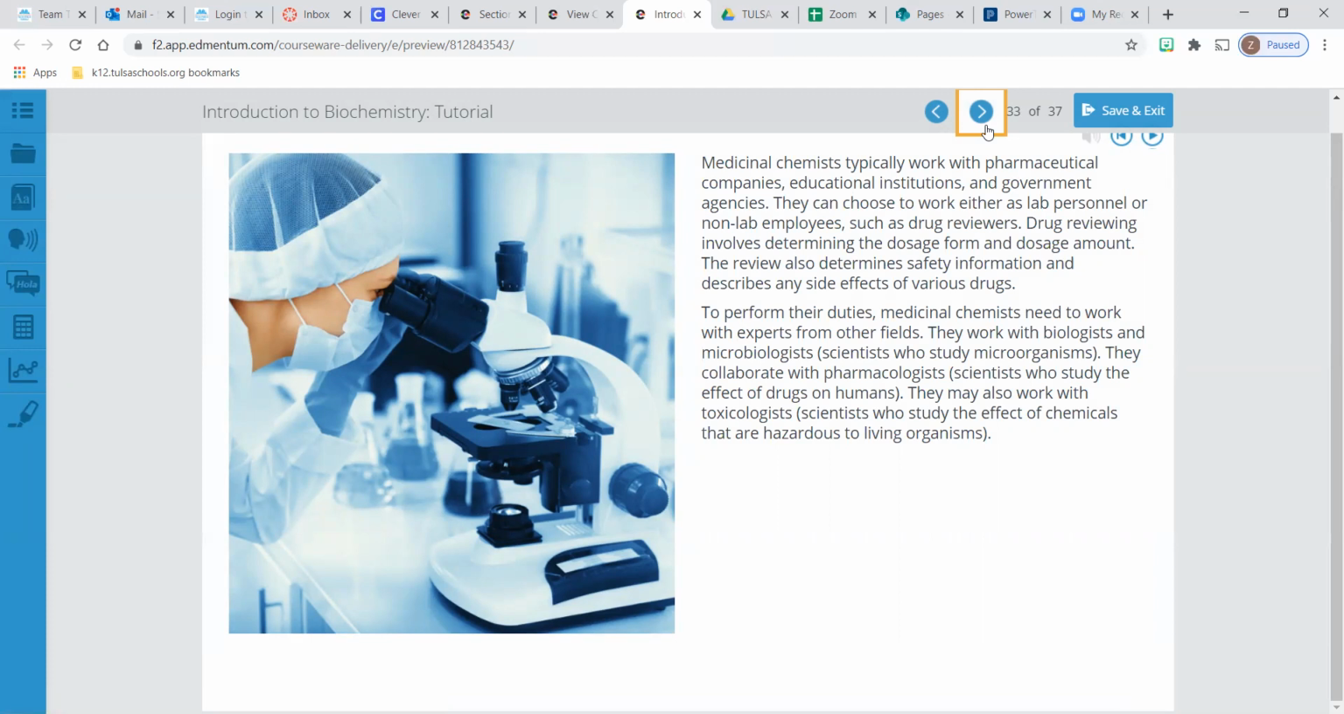Medicinal chemists typically work with pharmaceutical companies, educational institutions, and government agencies. They can work in labs with lab personnel, or they can work with non-lab employees, such as drug reviewers. Drug reviewing involves determining how much of a drug is necessary and effective. Usually you want to use the least amount of drugs possible to fix the problem,